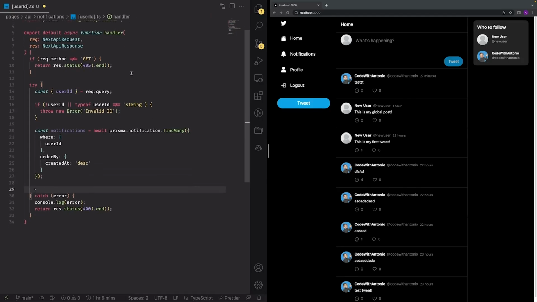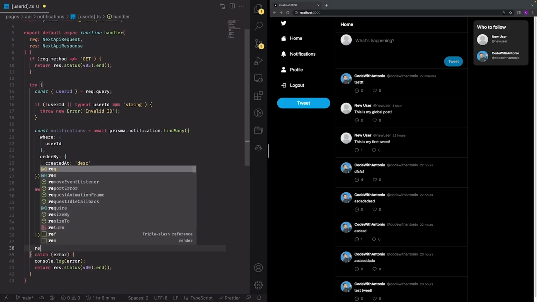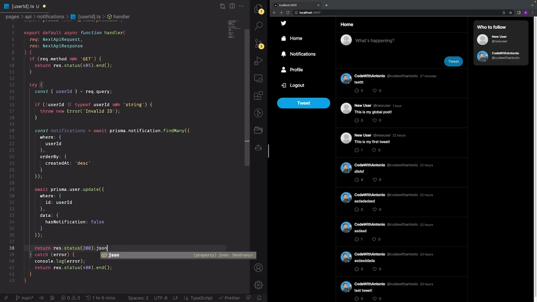And now let's also update the user. So whenever we load this /notifications, we want to reset our hasNotification field to false. So await prisma.user.update where id, userId, data hasNotification is going to be false, like this. And just return response status 200 JSON notifications